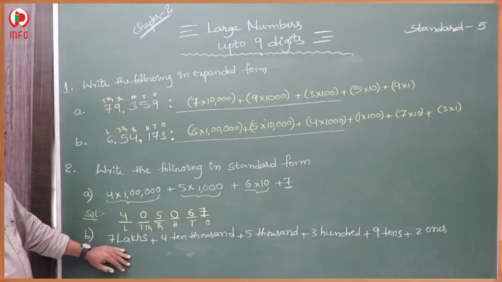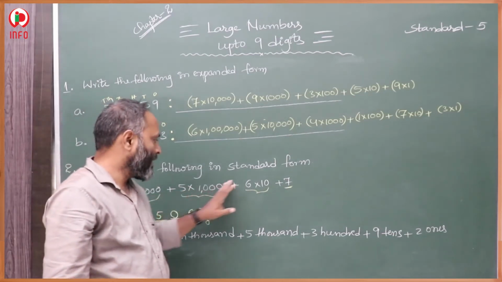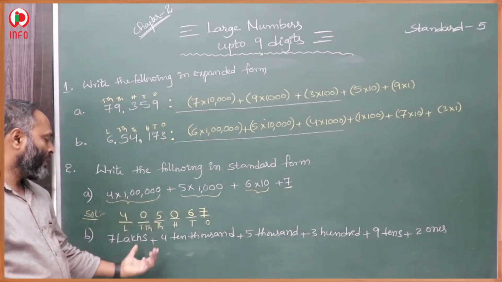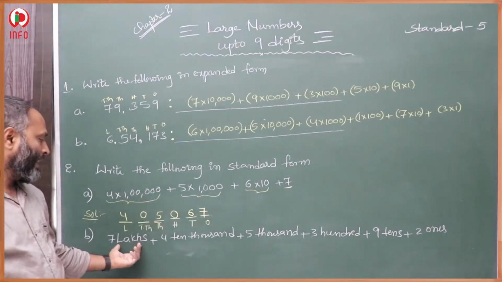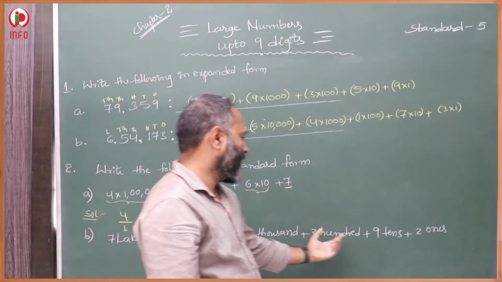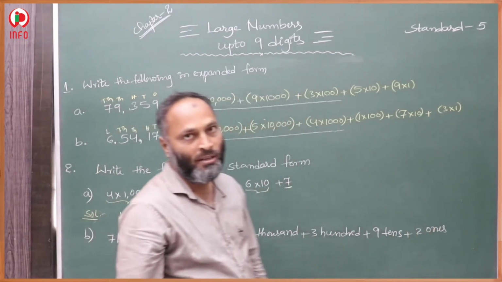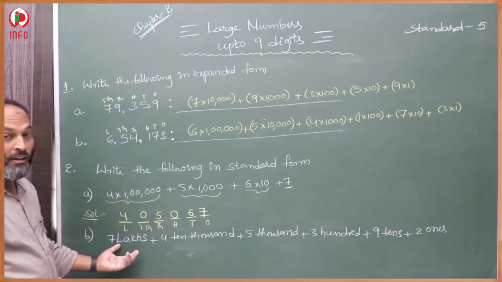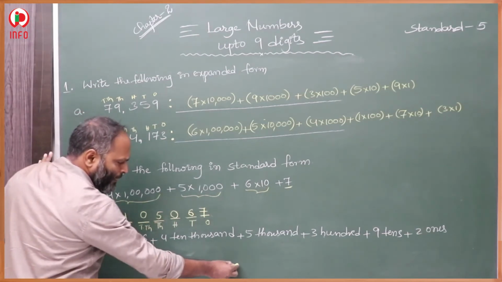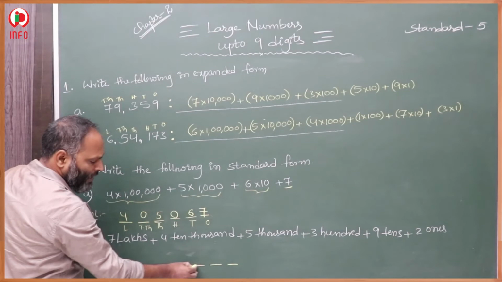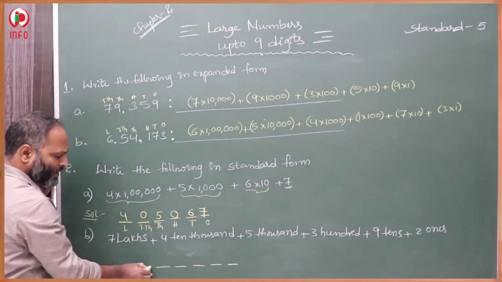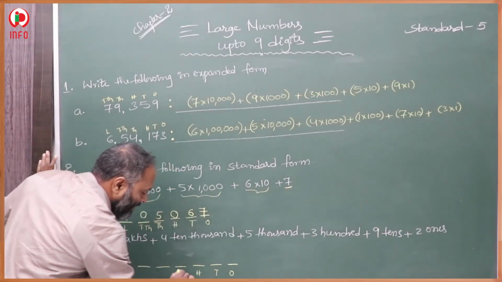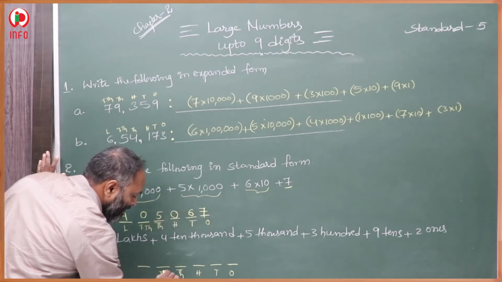Next, the next one. Here lakhs, thousand, tens, ones are given. In the earlier one it was given in numeral form, but here it is given in words. Lakhs, 10,000, thousand, 100, tens, ones, whatever it is. First we check the first number. The first number is lakhs, so we take the digits till lakhs: ones, tens, 100, 1000, 10,000, lakh. This is ones place value, this is tens, this is hundreds, this is thousand, this is 10,000.